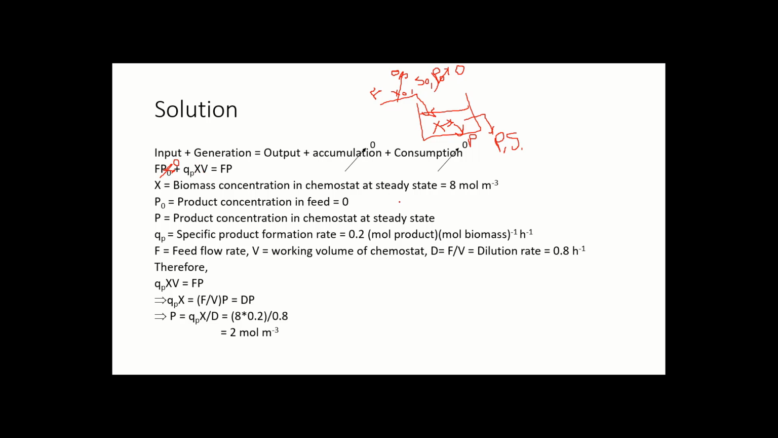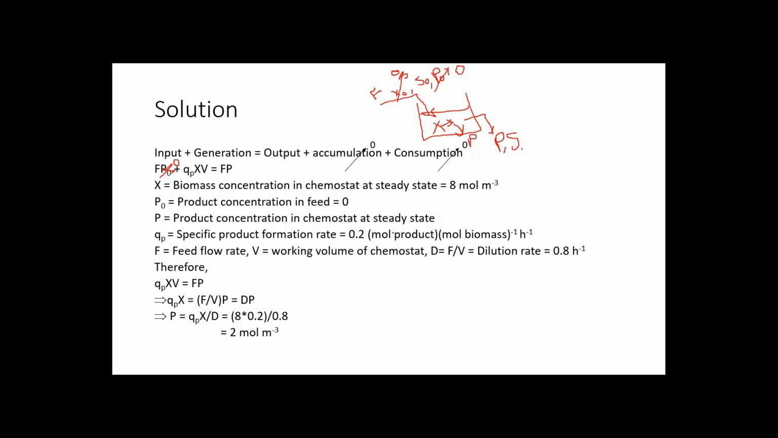X is the concentration, which here is mole per meter cube, right? X is mole per meter cube. So again, in the QP definition, 1 mole of biomass can produce 0.2 mole of product. This is nothing but QP. So now if you know the QP, you know that 1 mole of biomass can produce 0.2 mole